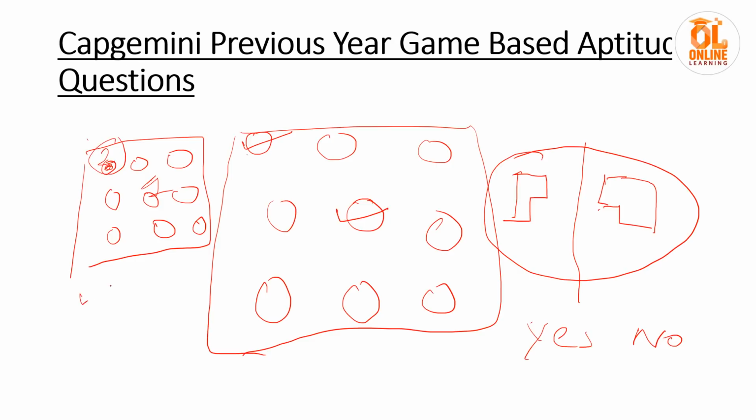So this is a question typically of concentration. You have to first remember which dots are glowing. You can see this picture for 2 seconds. Then you have to mark whether it is symmetric, yes or no. It will be around 7 seconds. You have to mark it within that time. Then you will again see this type of box and one figure will glow. Then you will again see if the figures are symmetric or not. Then finally you have to mark which dots have glown first.